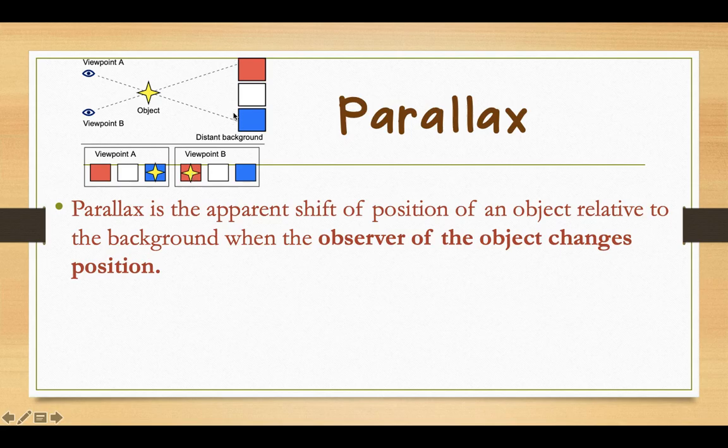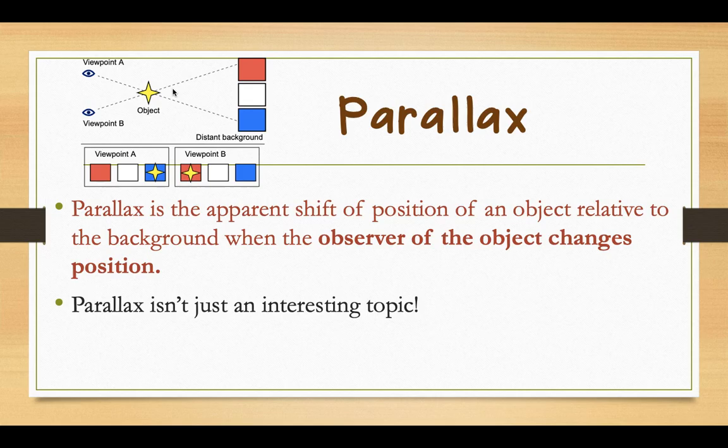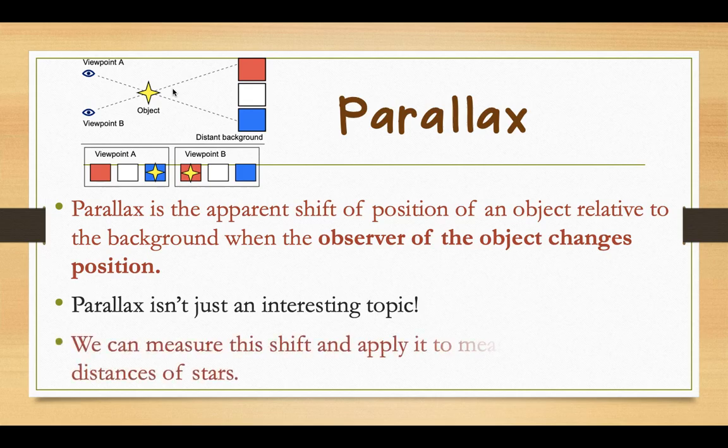So that shift, that distance between where you were standing and where it looked, and then you change positions and where it looked, all of that can be measured, and that can give us an idea of where that object is actually located. So it's not just an interesting topic. We actually measure how far it looks like it shifts, and we apply that to measuring the relative distance of stars. So when we stand here and we mark where it is, and then we stand here and we mark where it is,